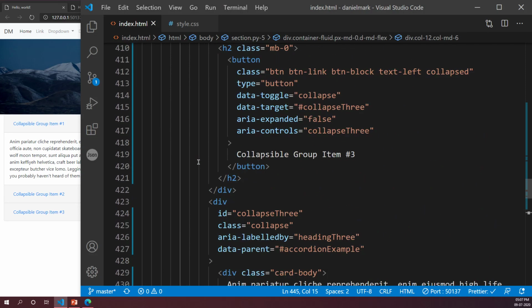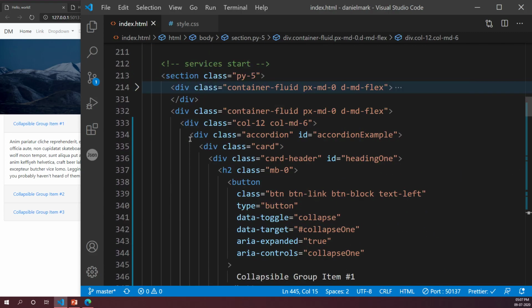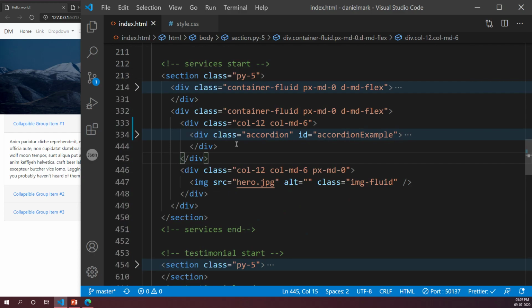So now it turns into this. Then what you do is scroll up and get your accordion. That's your accordion. Line 334 for me is my accordion. I'm going to delete my accordion. All of you select that and delete it. Done? Once you've done that, just let me know. Delete your accordion. All of you done?